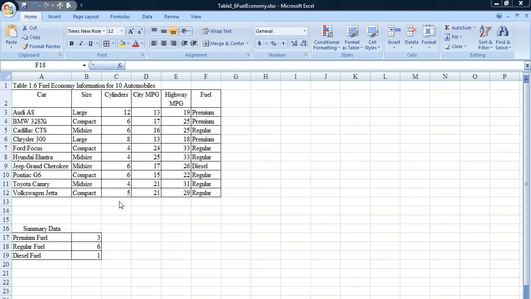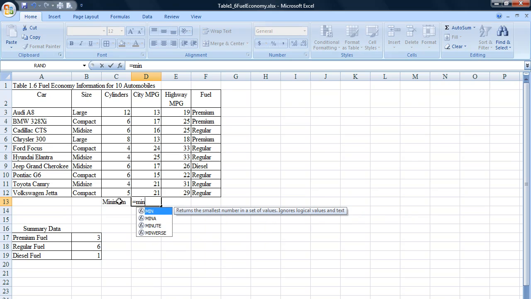So the first thing I'm going to do is put my title in here so I know what I've calculated. I'm going to have Excel select the minimum value from the column. In order to access these functions, they're actually built into Excel. You can type the name of the function if you know it, which I happen to know this one's min,